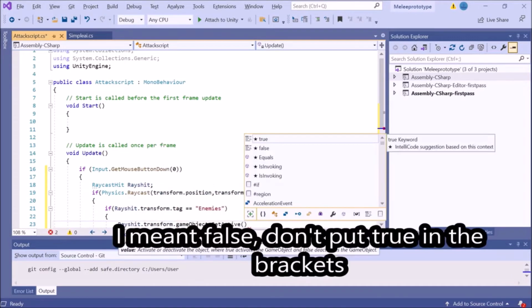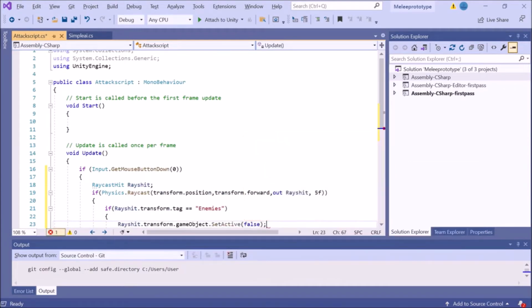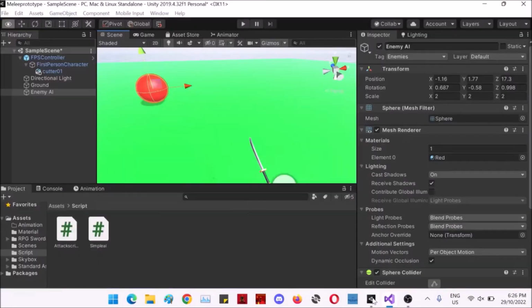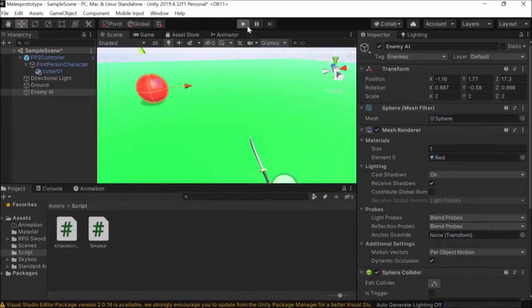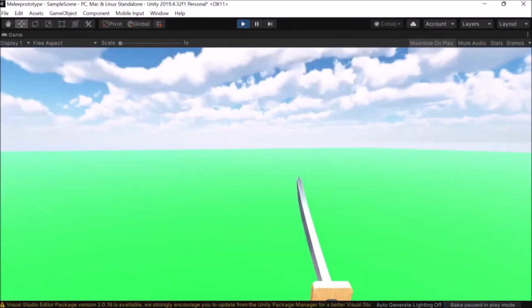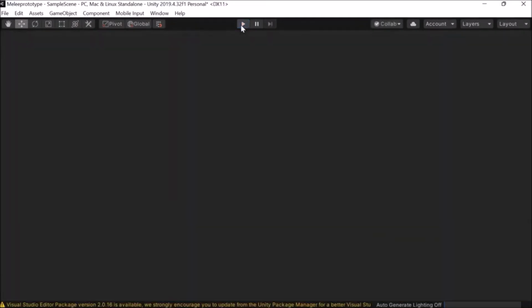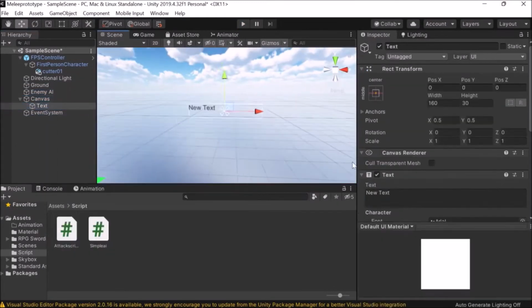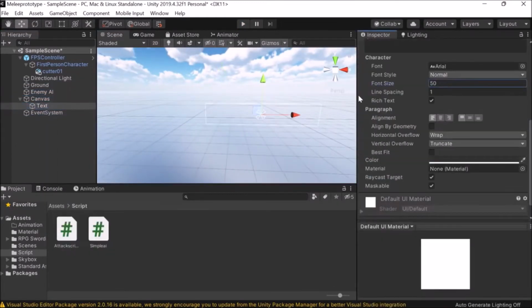This basically shoots a ray whenever we click, and if the ray touches the enemy then the enemy dies. I will do another video on the health system, but right now we will focus on melee. If we test the game, when we click on the enemy it disappears. To make the aim more accurate we can create a crosshair and put it in the middle of the screen. After we are done with the crosshair